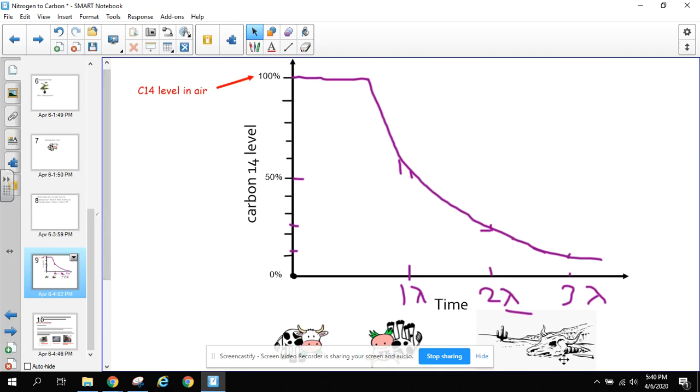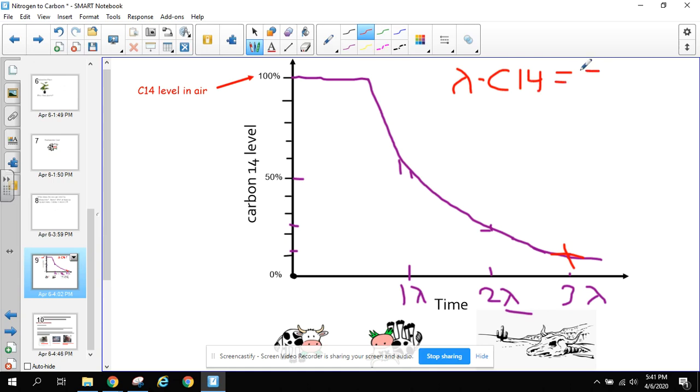And if you know, for instance, that there's only, I don't know, 12% of the carbon 14 in your fossil as is in the air, you know that three half-lives have gone by. And if you happen to know the half-life for carbon 14, which is equal to